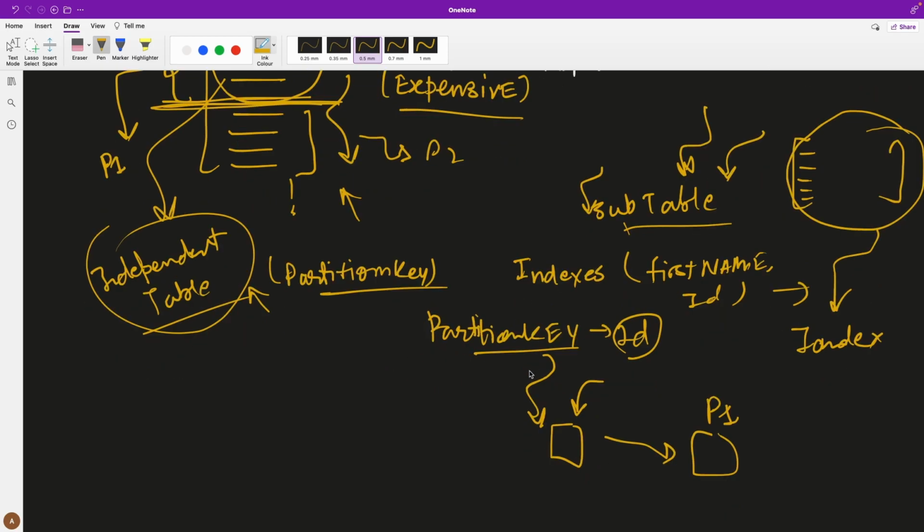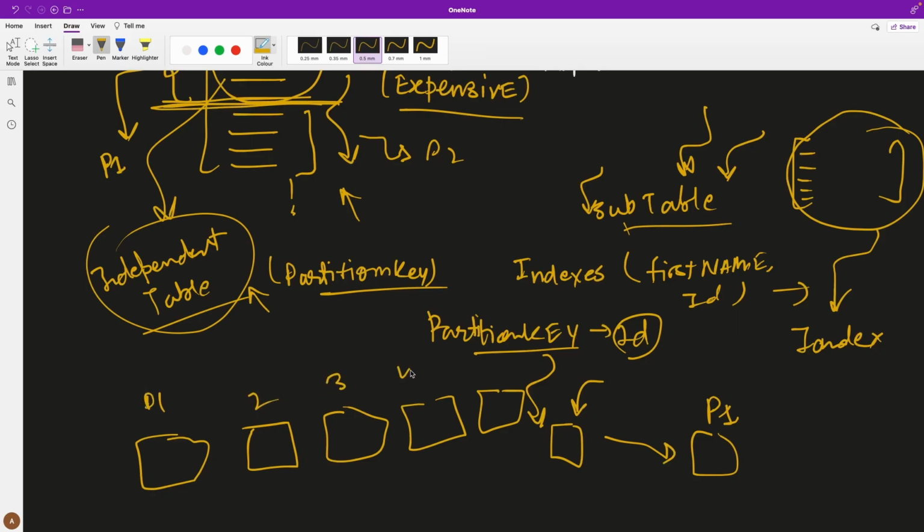And if you do not provide the partition key while fetching the data, then it has to query the data from all the partitions that are available for this particular table. So let's say there were 1, 2, 3, 4, 5 partitions in the system, and if you do not provide the partition key, then the database will query the first partition, second partition, third partition, and all the partitions until it finds the record it is looking for.